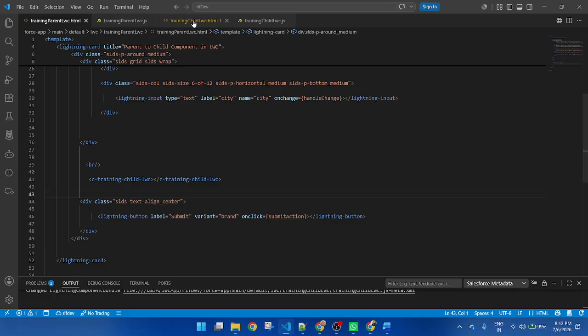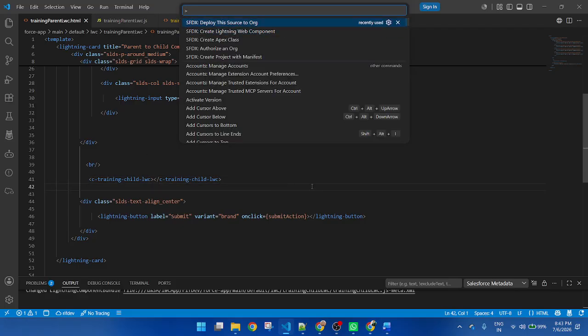In training child, C is a capital, so I change it to small c, but before that I use a dash. The process is the same: L is a capital, I pass small l, and before it I connect a dash. So here I call the child component in the parent component.